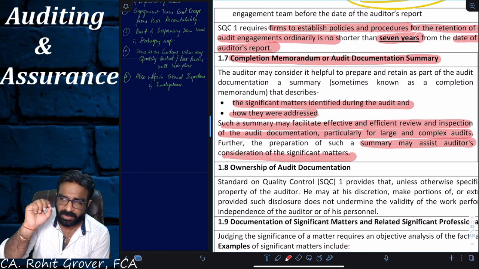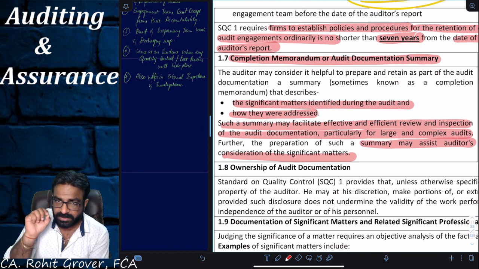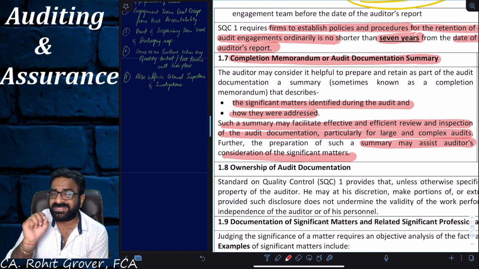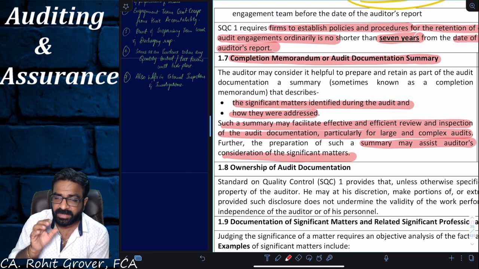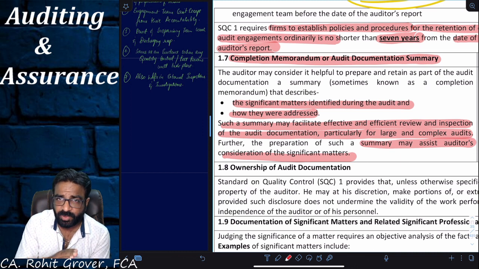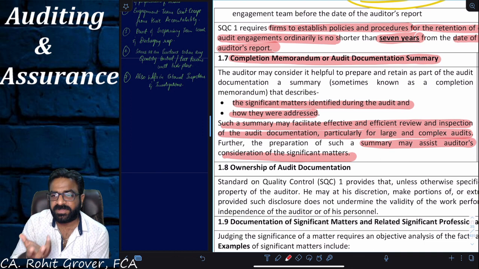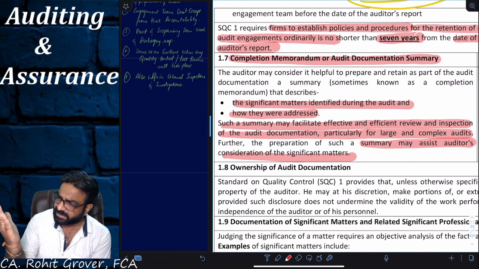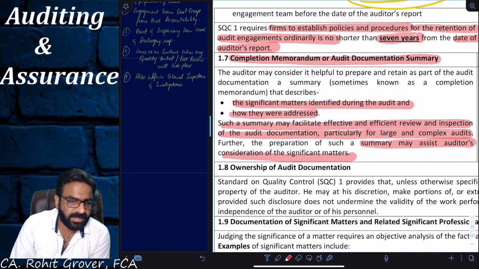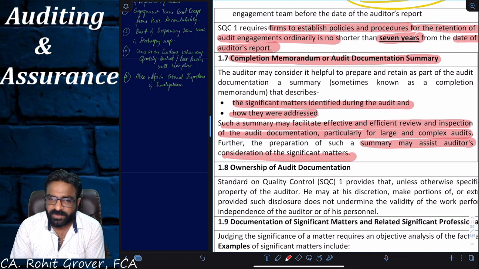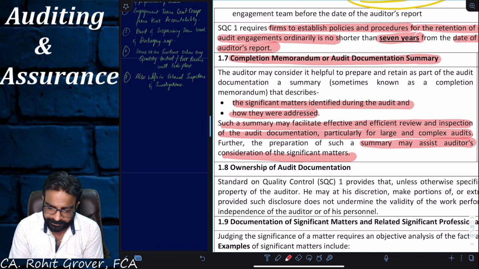So if I write on a piece of paper that this file includes very sensitive information of my client, are you getting the point? Then do I have to preserve this file more or less? More. I have to preserve this file more. And if in future any kind of information is required, I can simply see the summary and accordingly provide the documentation as and when it is required. I hope all of you are understanding the concepts which I'm telling you.